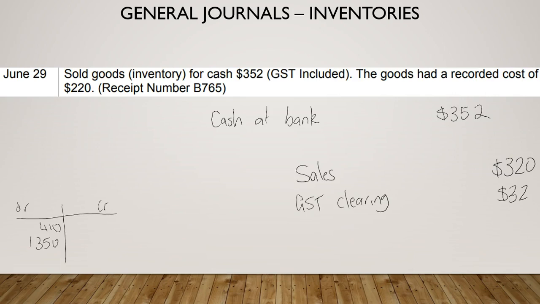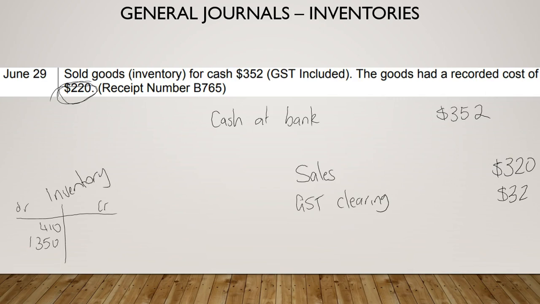So the sales take away the expenses give us the profit. But there we're saying we're selling $320 worth of stuff. We have to figure out how much that stuff is actually worth, okay? Because we're not making $320 profit on this. We're actually only making $100 because we sold goods that were worth $220. And how we do that is we have two accounts that we look at. We look at the inventory,